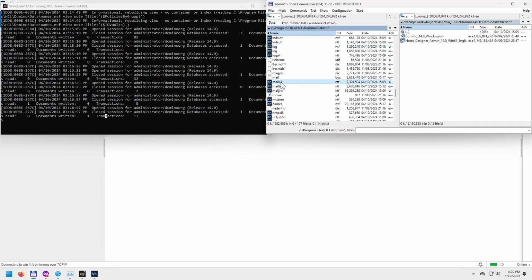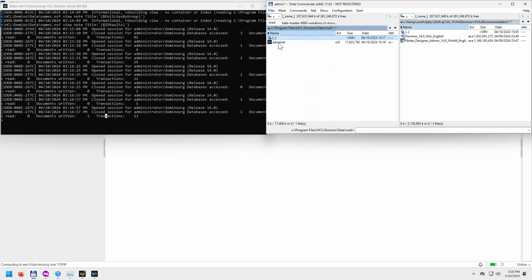Okay, this is mail14.ntf. This is the template that's being used in order to create the mail application for each of the users. When we created a new user on the server named administrator, this NTF file was taken by the HCL Domino server from mail14.ntf inside of the data directory. A new subdirectory, mail, has been created, and the NSF file has been copied in here with the name administ.nsf,